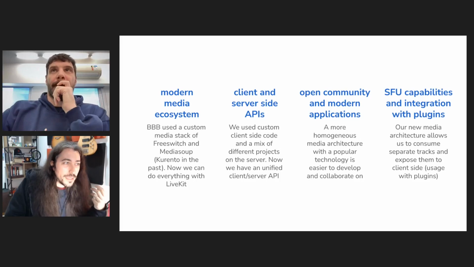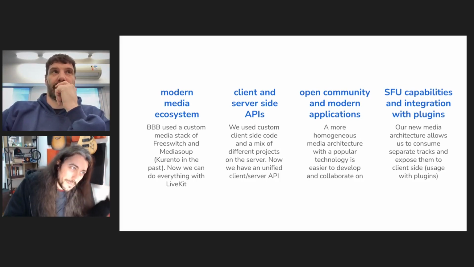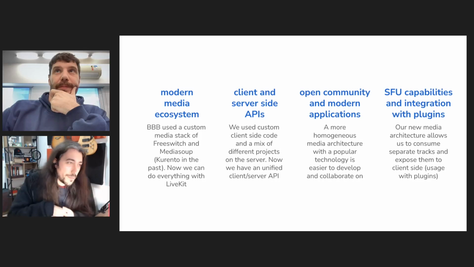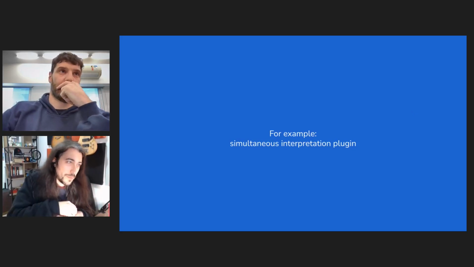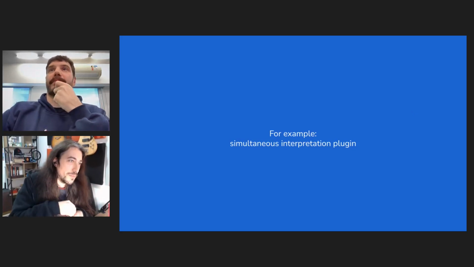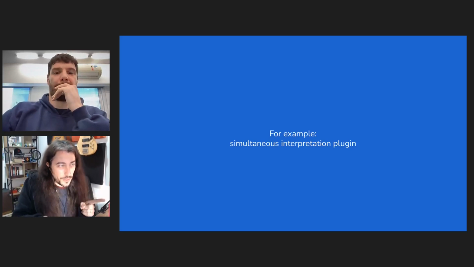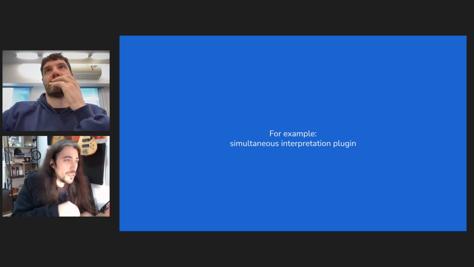Now we can separate them and we can access them via client-side APIs, which can be accessed by plugins and extensions. So for example, simultaneous interpretation, the plugin we're using right now, is a component on top of BigBlueButton, is a plugin, is something that we put on top of it. And with it, we can have multiple audio flows, multiple languages being spoken at the same time. So this is the kind of thing